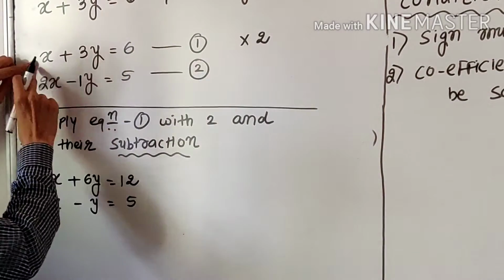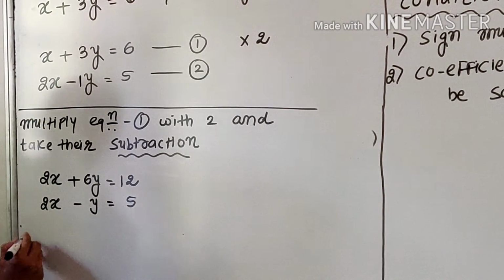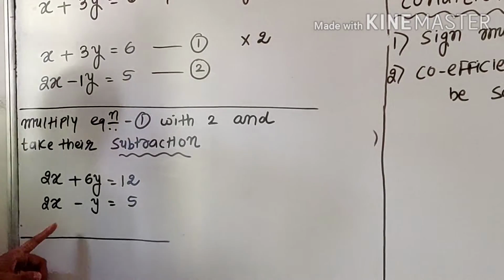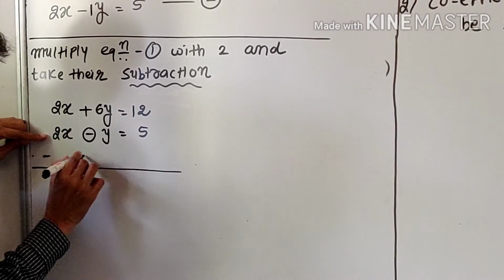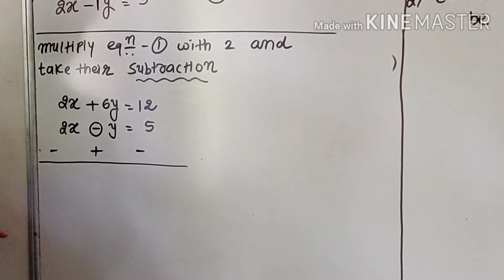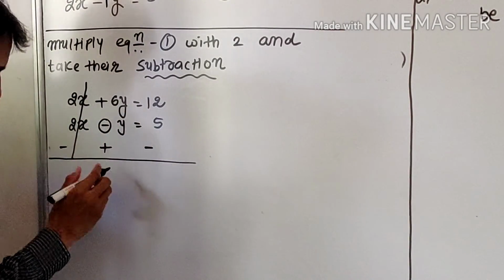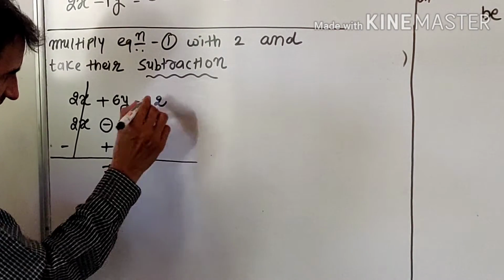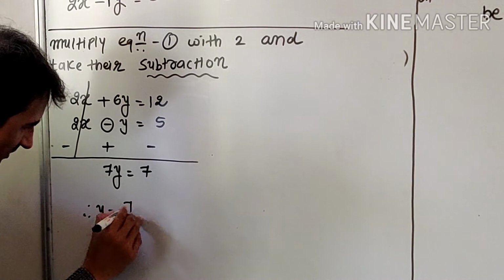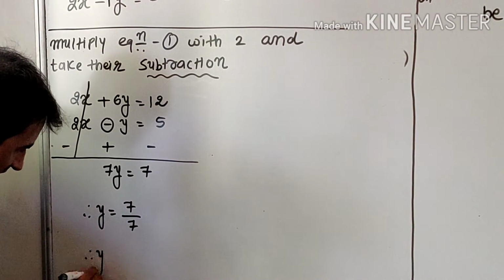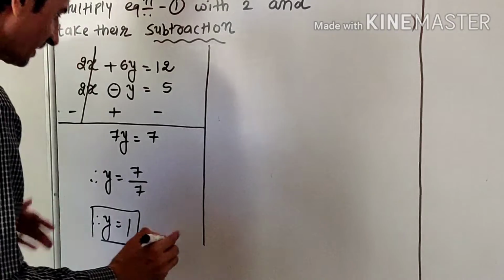Here after the multiplication, 2x plus 3 twos are 6y and 6 twos are 12. Equation number 2 again, no change at all. When you go for the subtraction, then leave the one line. Here plus, then I change the sign, here minus, then here plus, here minus. Now you can see here 2x plus and minus get cancelled. Here 6y plus y gives me 7y, and 12 minus 5 gives me 7. Here I make y the subject: y is equal to 7 by 7, and after the cancellation I have 1. Now whatever the value of y, I want to replace it in any equation.